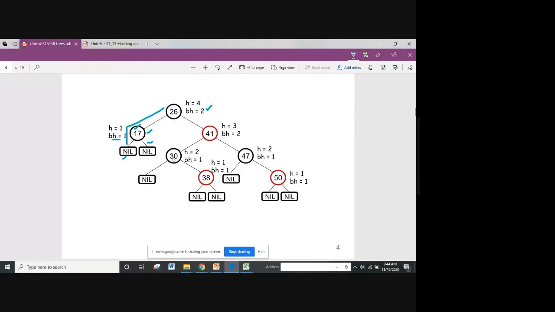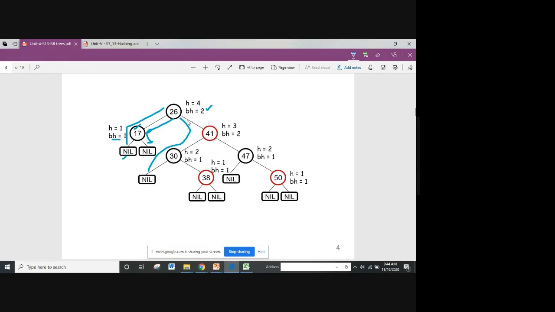And next, for 26, I'll tell you first. Anywhere you travel on this side, it is also 2. When you travel this side, it is also 2. Similarly, when you travel like this, how many black nodes? 1 and 2.